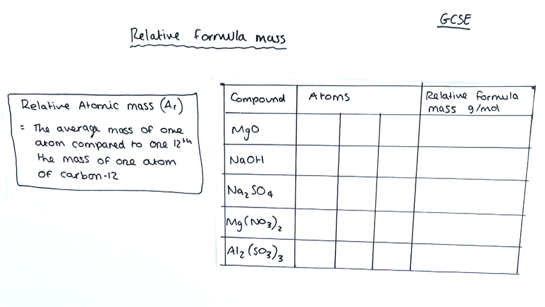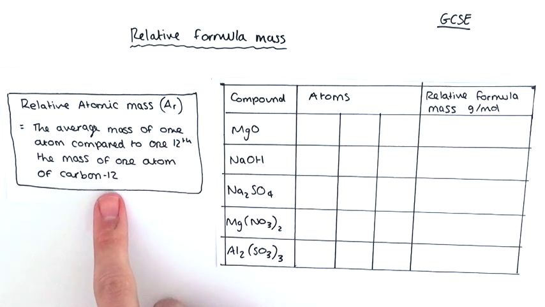So in this video we're going to look at calculating relative formula mass. This is a GCSE chemistry tutorial. So the first thing that I've done here is I've put down a definition of relative atomic mass, because we need to know what relative atomic mass is before we can stick them all together and work them out as a relative formula mass. So the average mass of one atom compared to 1/12 the mass of one atom of